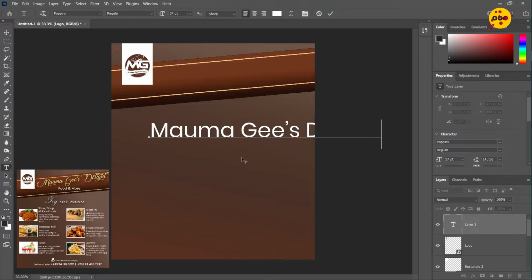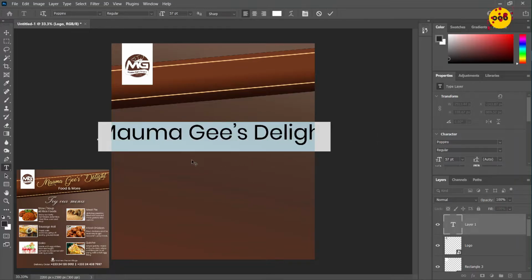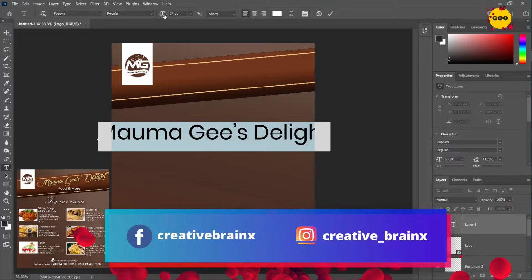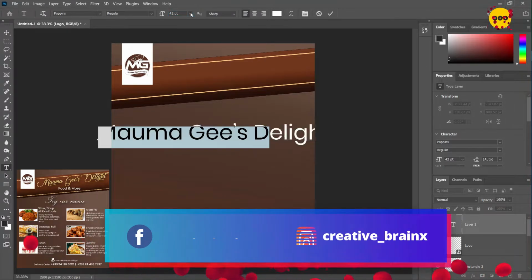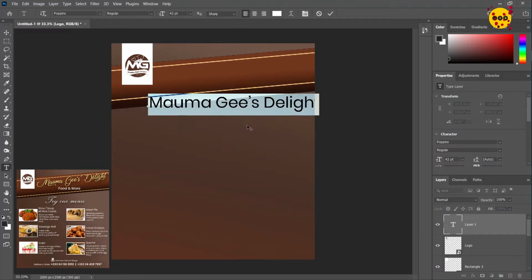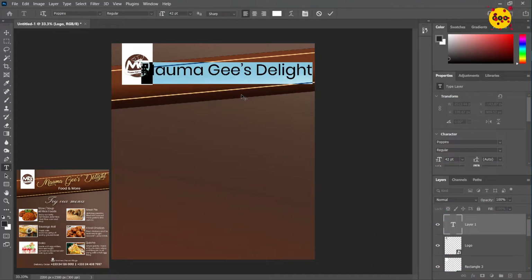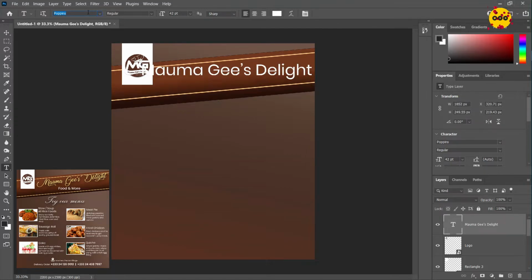So that will be for the first one. Don't worry, you can just press Ctrl A to select all, and then we can reduce the size. So we're going to use a size of 42 points. That's cool. We move it up a bit, and then change the font type to Lovely Home